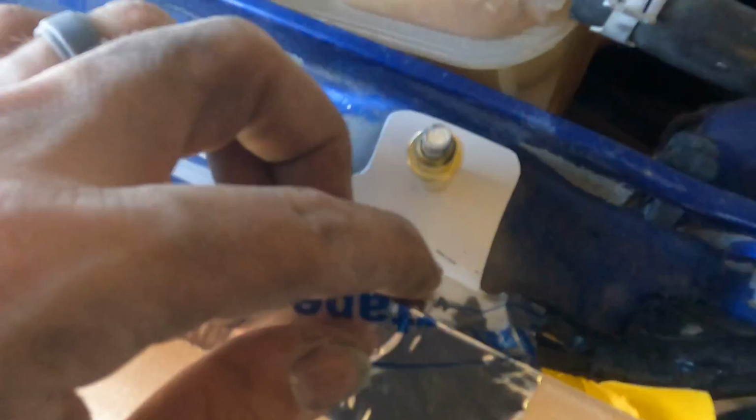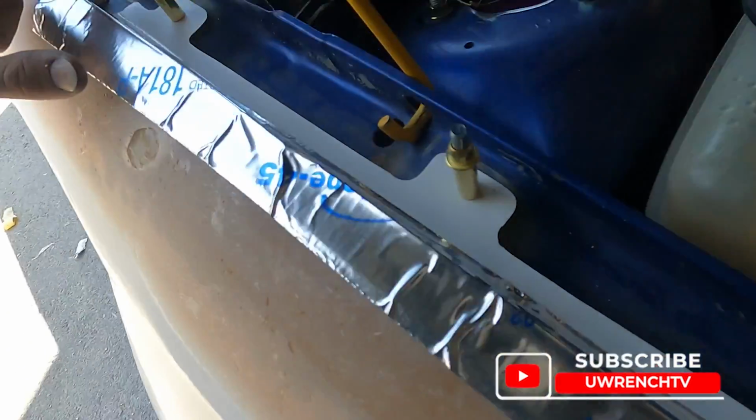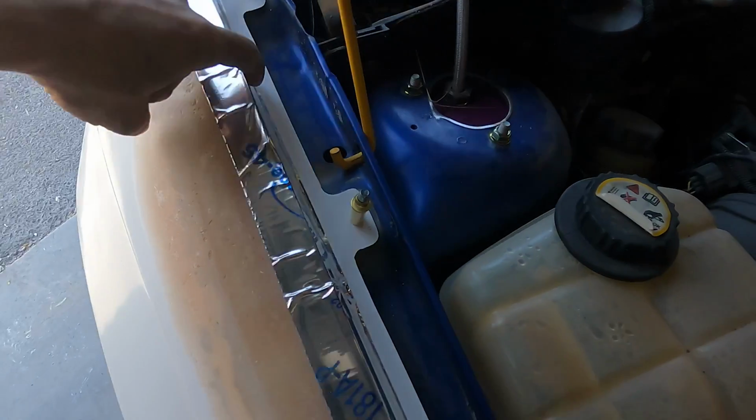And then I ground the fiberglass on the tab. I kind of tapered it off on both sides so it's all ground up with 36 grit. And then we put some of this aluminum tape to create a backing. And then on the inside here, I'm gonna go ahead and lay some glass to bridge the gap on the back side and get it attached to the fender, and then I can take it off and put a piece